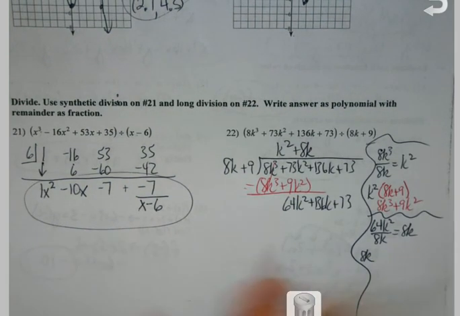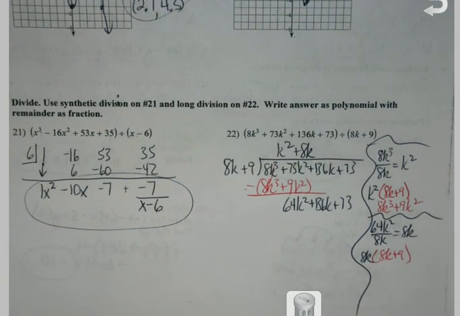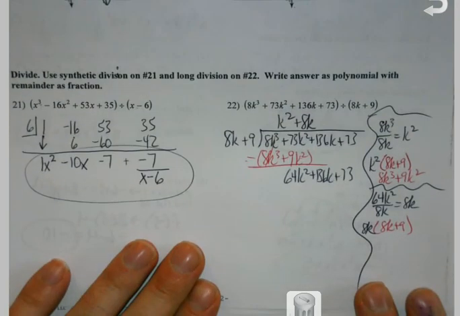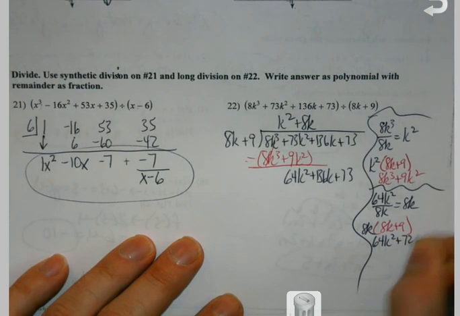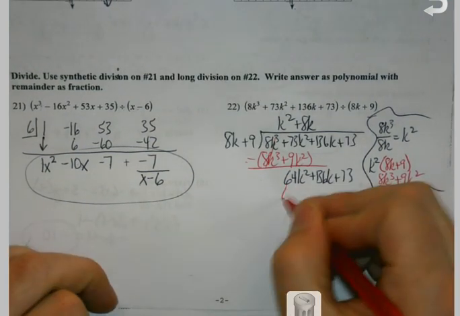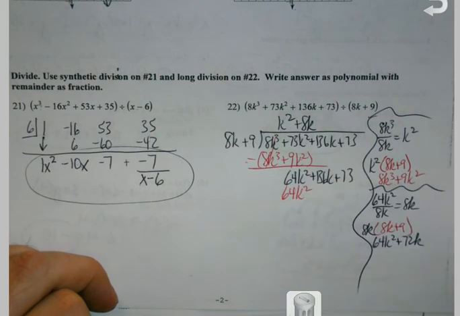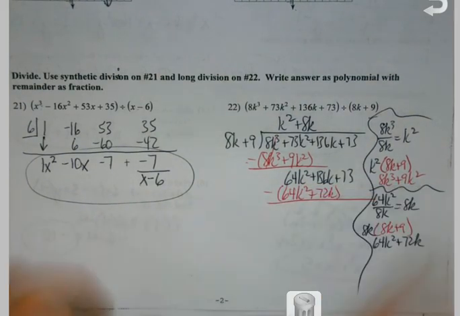And then I multiply that by the 8k plus 9. And that is what I will subtract by,